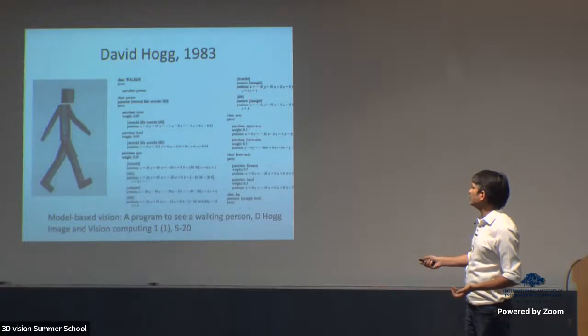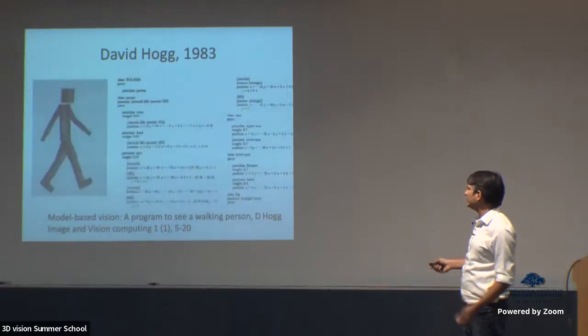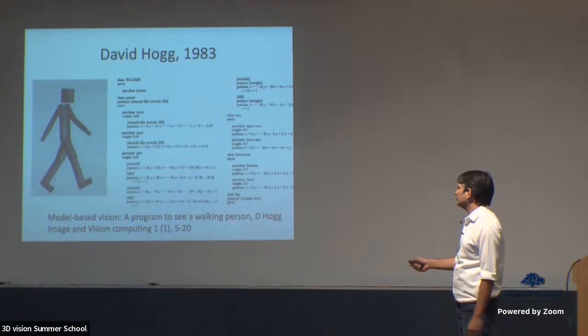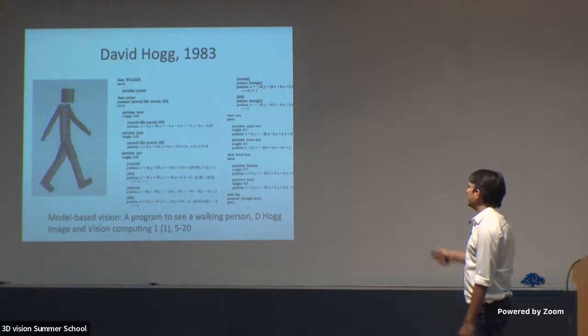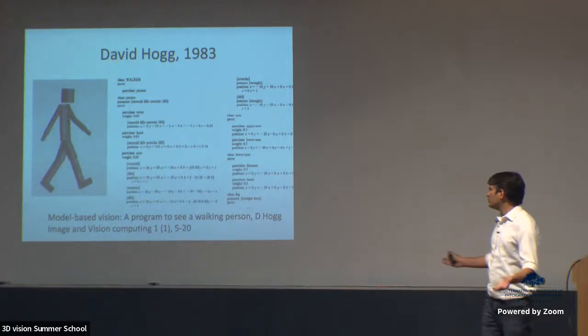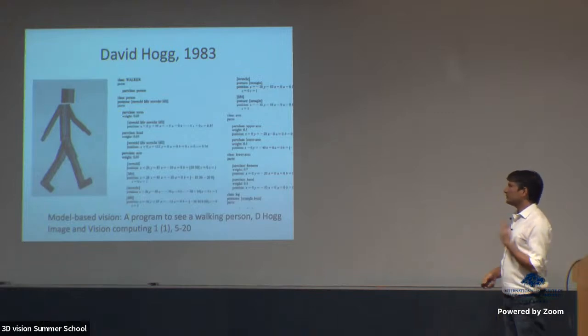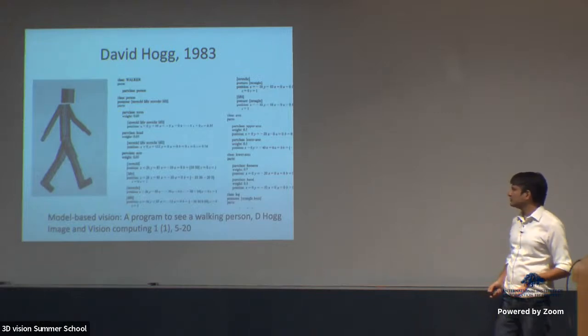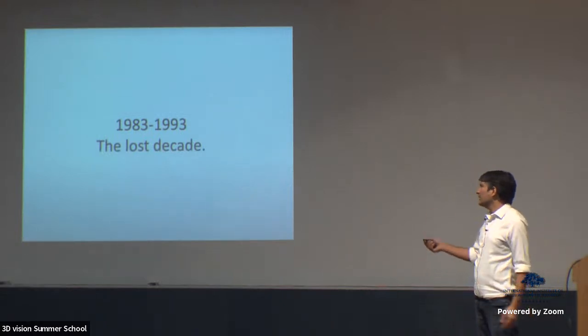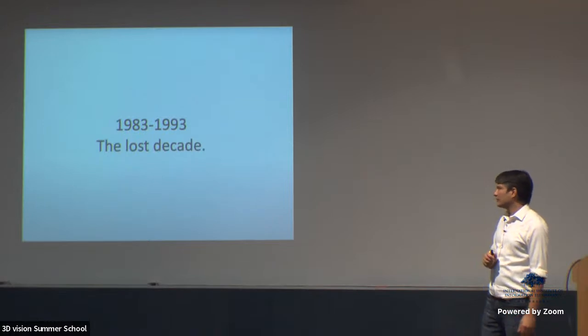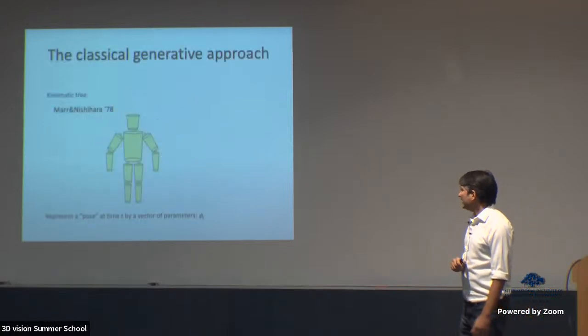And if you look at his model, so this 3D model, which has been projected here, it is kind of all hand coded, right? So these are basically cylinders and cylinders. So there's a class person, and the person class has a torso, and the torso has a head. I mean, the torso is connected to the head, and the torso is also connected to the arm, and so on. So it was all very hand coded. And this probably worked so well that it kind of scared everybody away, and they said, okay, maybe we cannot do better. So people did not do too much work for this one decade. And then came,